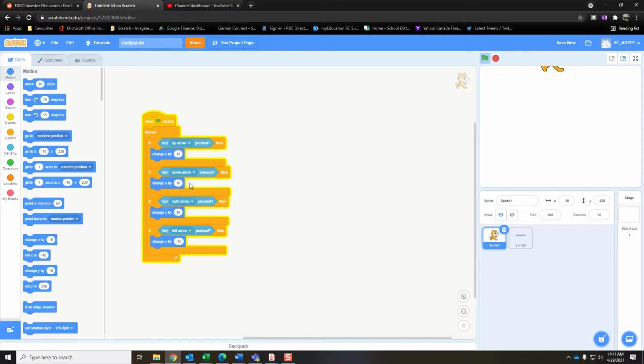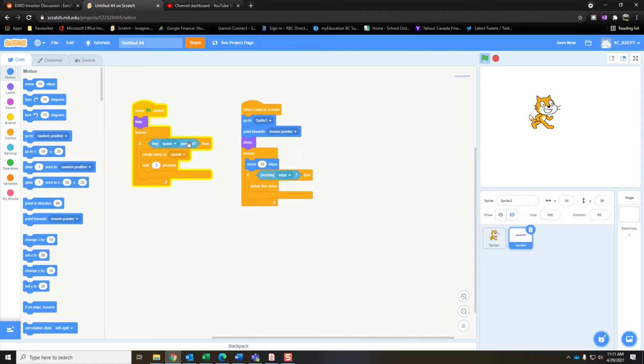Oops, I got something wrong. That needs to be negative. There we go. So this movement here allows for going down. Oh, there you go. This movement allows for going diagonally and moving around, and it's much smoother than the other clunky bit. So this is a fairly hard game to play because I've set the keys to the arrows, but shooting is the space bar. So let's change the space bar and make it the mouse pointer,